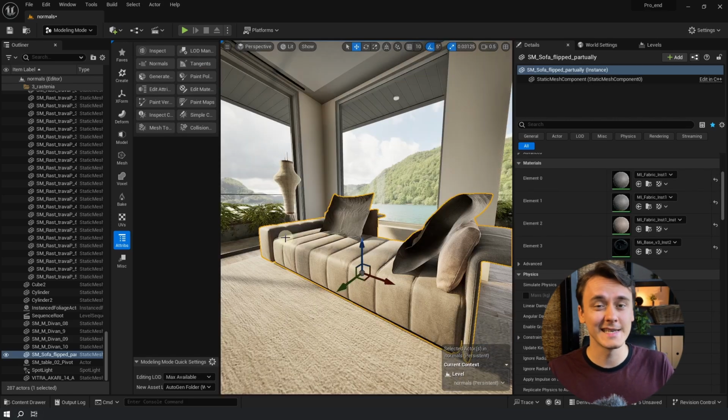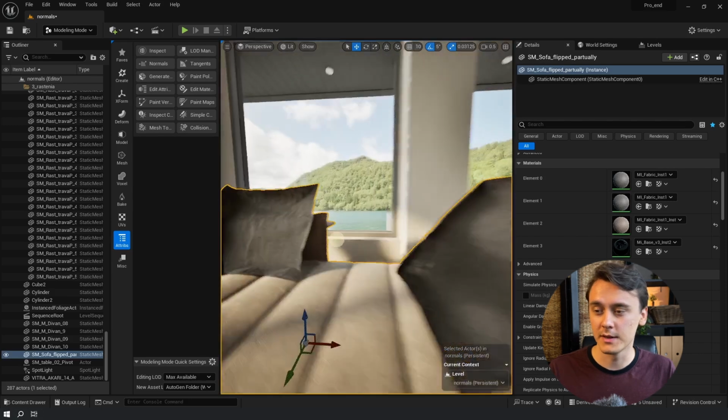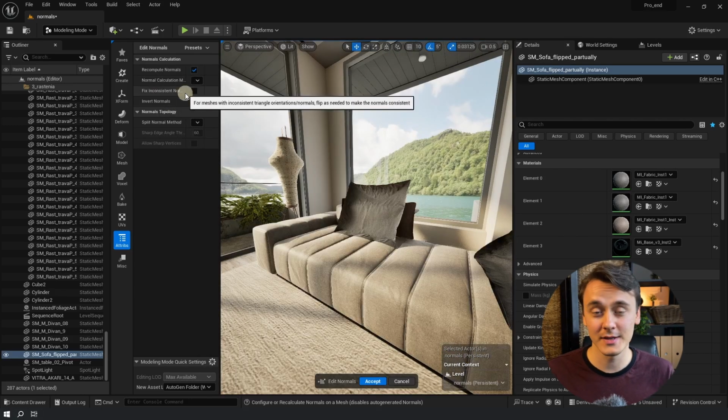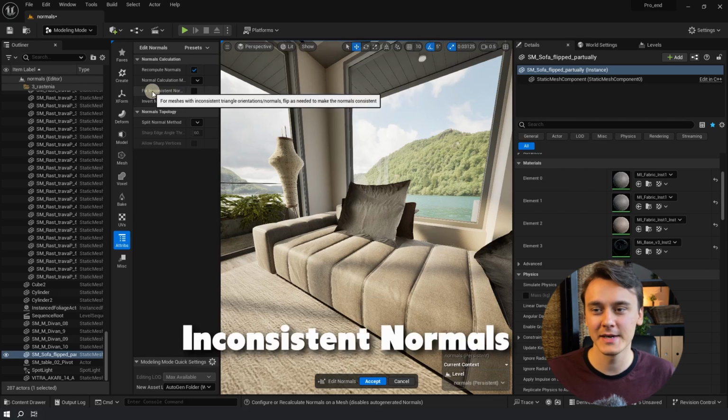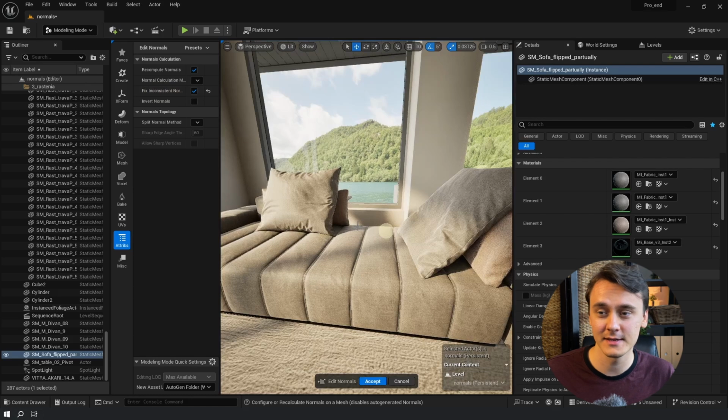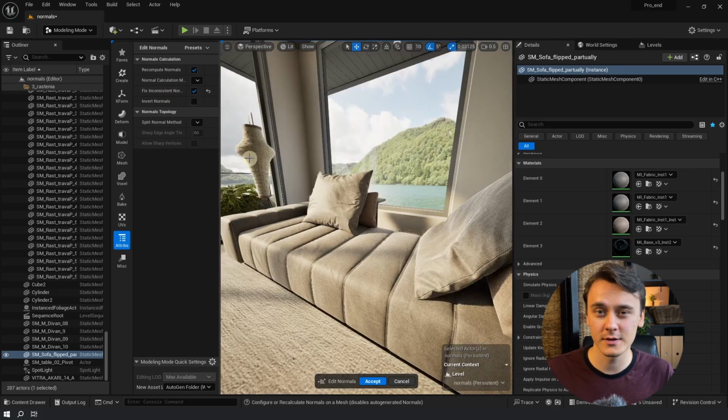But what if only some of the polygons are flipped, but not all of them? Inverting normals doesn't really fix the problem here. You can try your luck and see if Unreal will fix it for you. For this, click on fix inconsistent normals. In my case, Unreal actually recognized it and fixed it, but it doesn't always work, so let's see how we